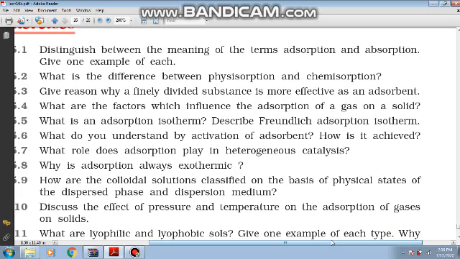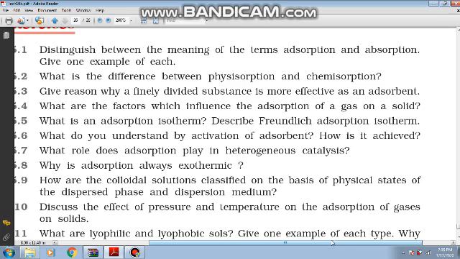Here we are talking about adsorption, physisorption, or you can say adsorption is exothermic because it happens due to the formation of van der Waals forces, and van der Waals forces are more active at very low temperature. Therefore the energy is released so that the temperature at the adsorption site is lowered and more of the gases can be adsorbed. Now the 9th question, how are the colloidal solutions classified on the basis of physical states of